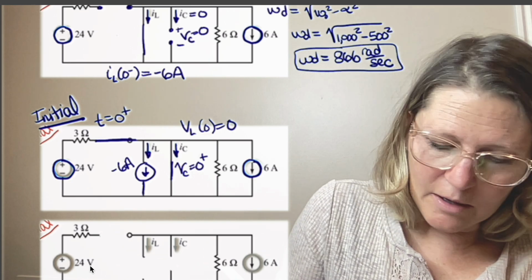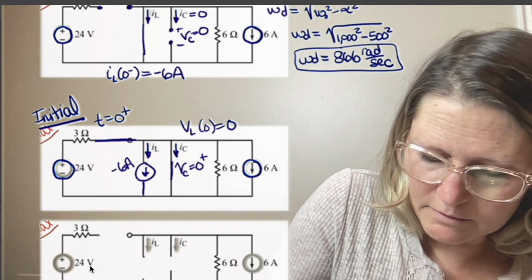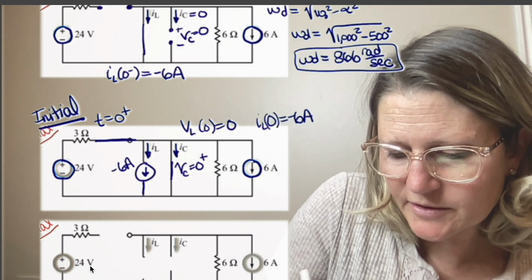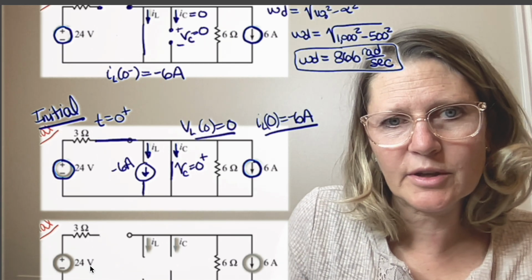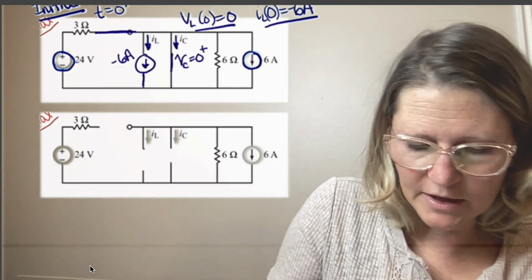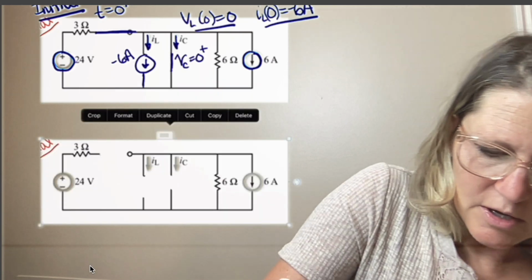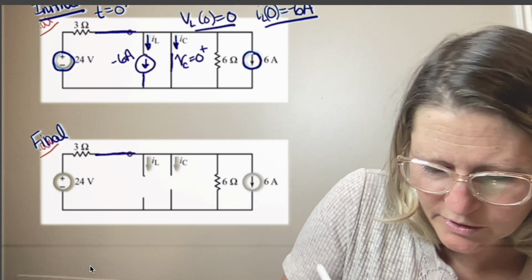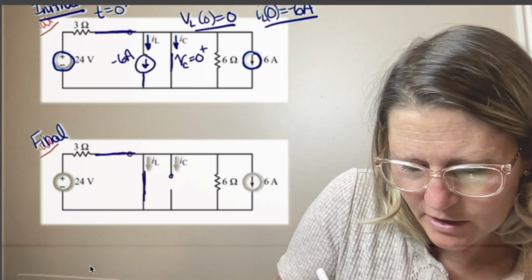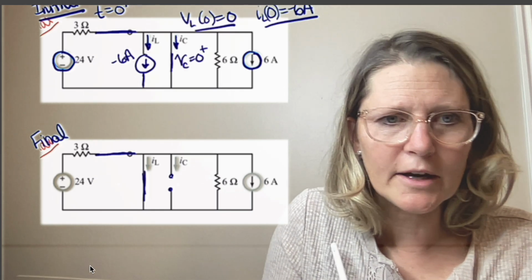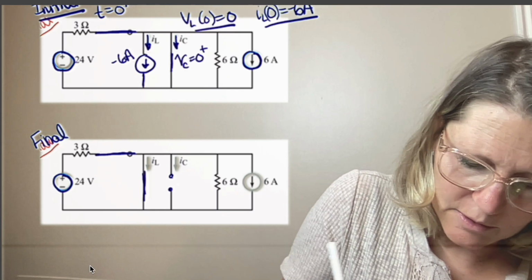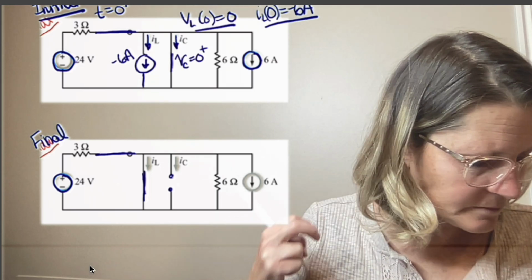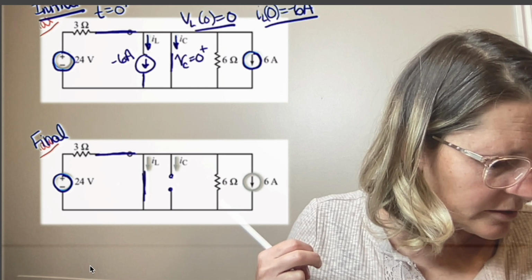Those are IL of 0, which is going to be a minus 6 amps, and VL of 0 is 0. And then we need to find the final value. And so the final will be when the switch has been closed and it's been sitting for a long time, which puts this again at a wire. And so all of the current IL is going